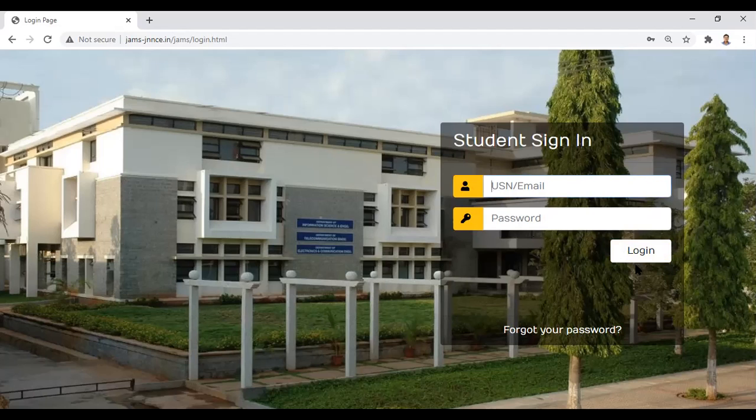So how do we differentiate 3,500 logins? Based on the username that is entered and the password that is typed, when the login button is pressed, first we must verify whether that particular USN exists. If the USN exists, then whether the password is correct for that username has to be verified.